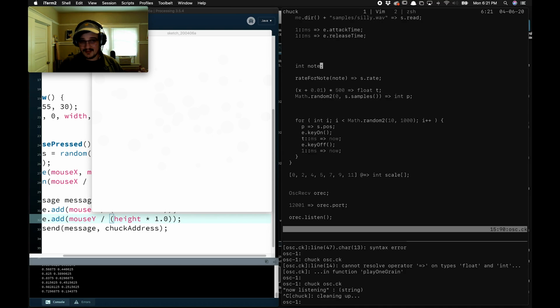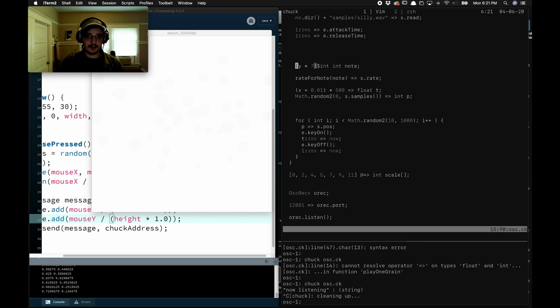So we need our value of note, which is between 0 and 1, to map to a range 0 to 7, right? So we can scale that range by saying y times 7. That takes 0 to 1 and makes it 0 to 7. We want to use it as an array index, so it needs to be an int. So I'm going to cast it to an int like this